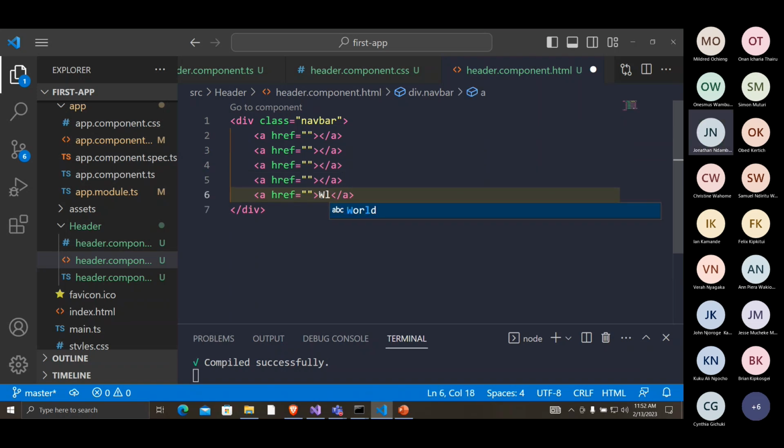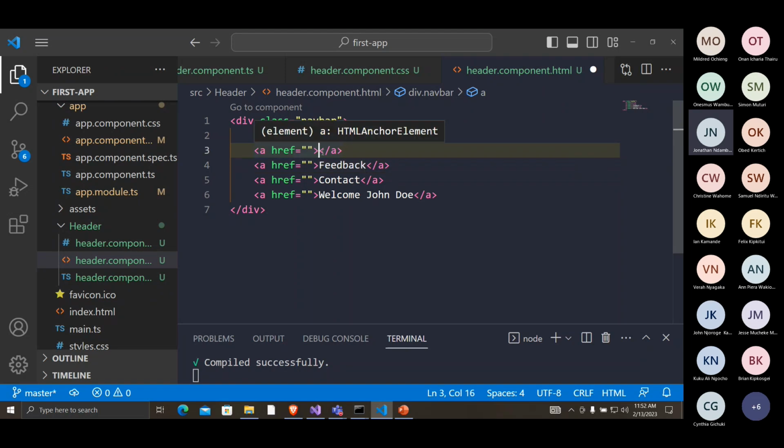This one will say welcome. This one can say contact. This one can say feedback. This one can say home, and this one can say